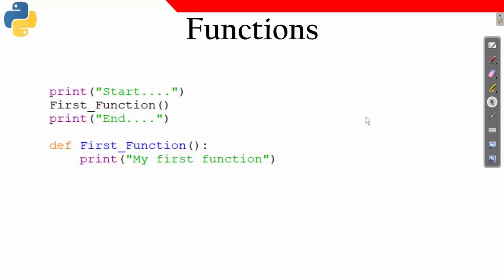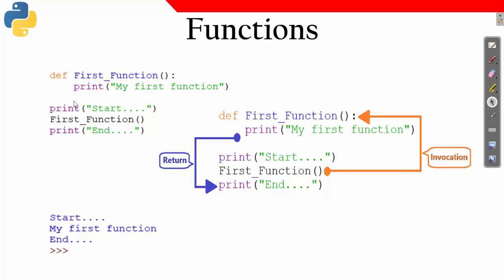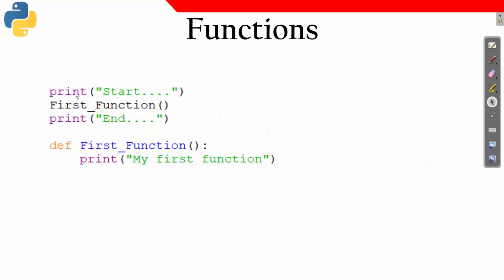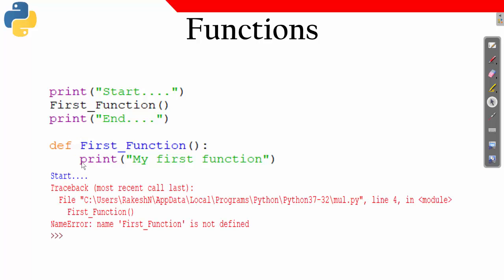Now the difference between these two programs is, first I have written the function and then I have called it, and now here, first I have called it, then I have defined it. But this is wrong. It will give me an error. What is that error? The first statement will get printed. Start got printed, because it is an interpreter, executing line by line, so it will not show the error at the beginning. Whenever there is an error, it will stop there. So for the first statement there is no error, so start got printed.